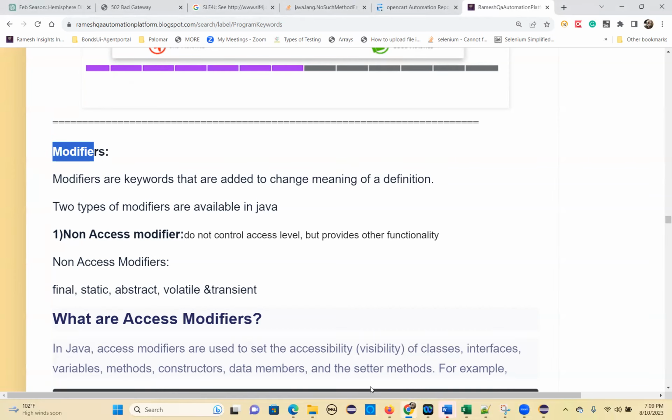We'll start modifiers in a separate video. Let's get started with the